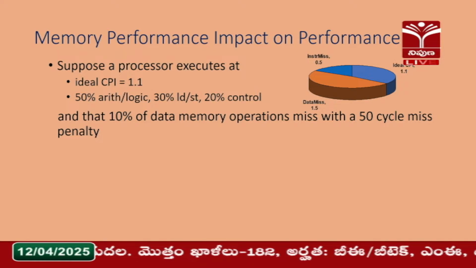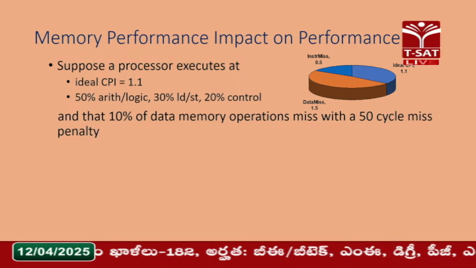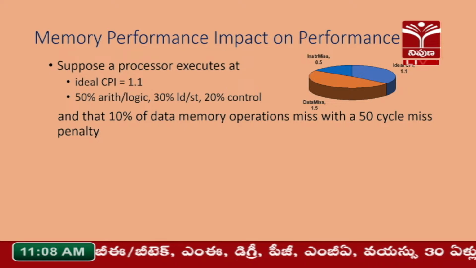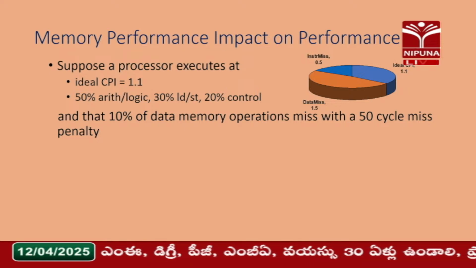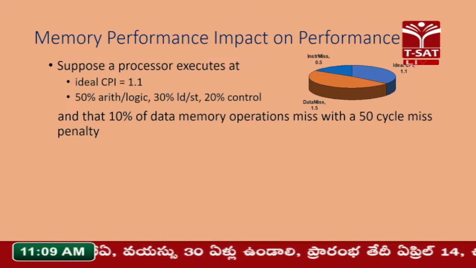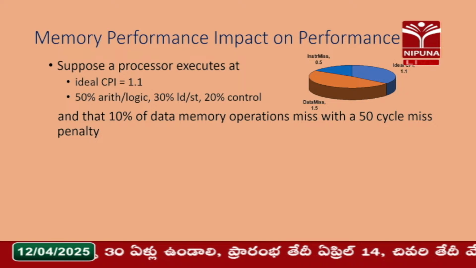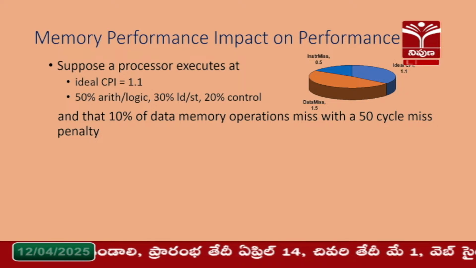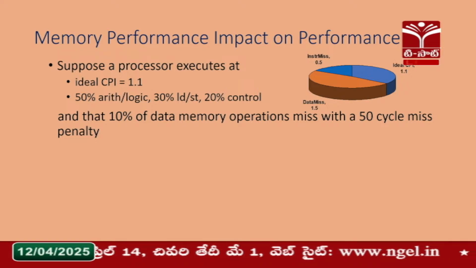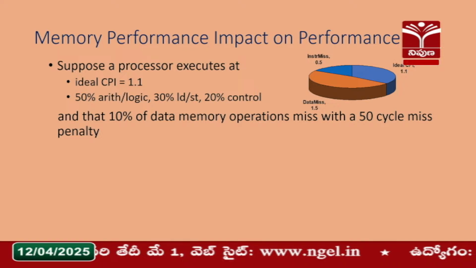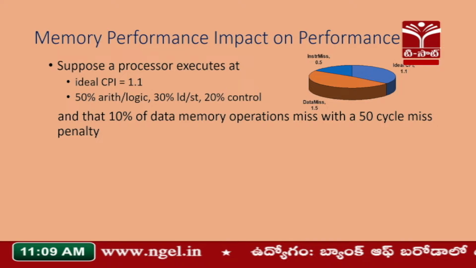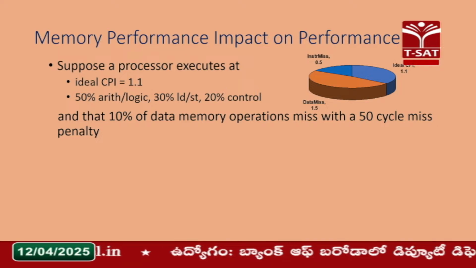So let's say, as an example, the ideal CPI of a processor is 1.1. Again, as I mentioned before, every time you try to get to 1, that is the ideal CPI. In this case, I am saying the ideal CPI is equal to 1.1, and similarly to what we have seen before, 50% of the instructions are arithmetic, 30% are load store, and 20% are control. So it's the same example that we take, but 10% of the data memory operations within the 30%, right? 30% is load store, and within that 30%, 10% of the operations